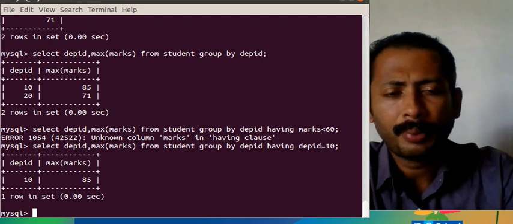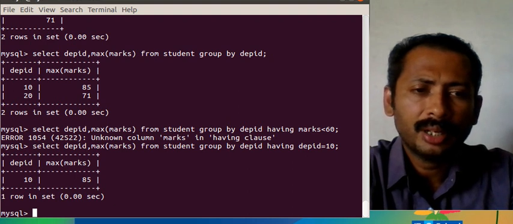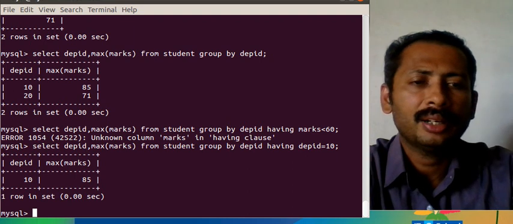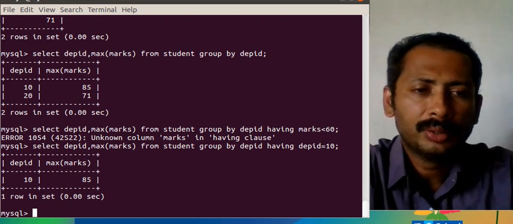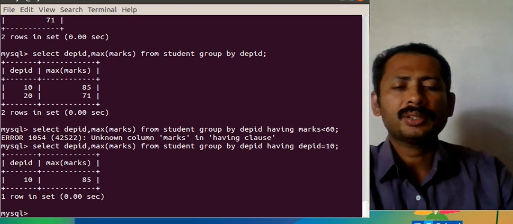If I have 20 departments and I want to see only the details of departments whose code is less than 20 or something like that, if they have codes 10, 20, 30, 40 and so on for the department IDs, then we can give conditions on this grouping field.